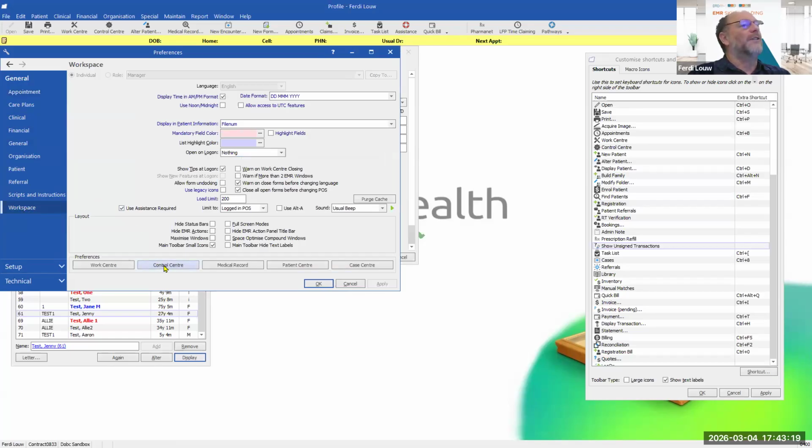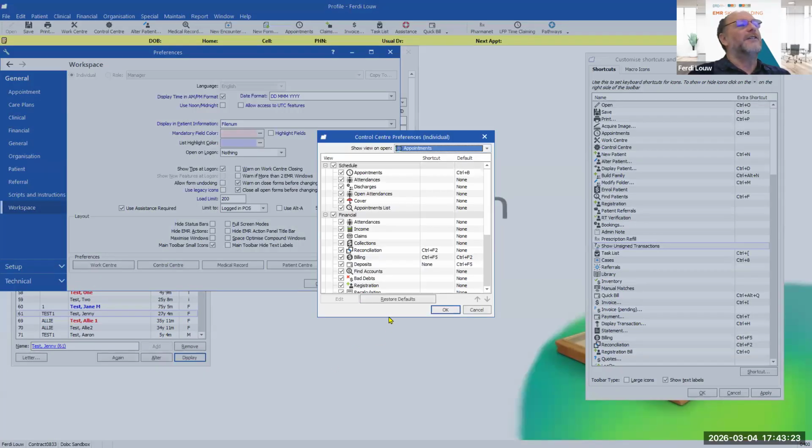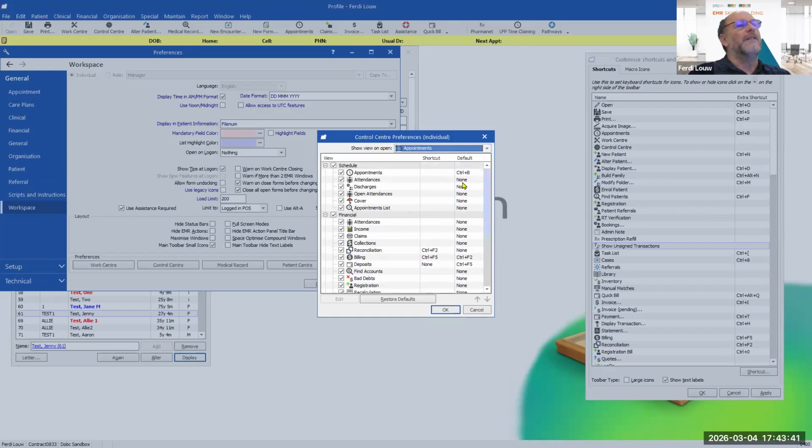So if you open Control Center, here you've got a list of shortcuts that you can use in your Control Center. So this list is different from the list that we've had here on the right-hand side, the big list that works all over. So this will work in the different parts of your Control Center. And then again, they've got a lot of default shortcuts, and you can go and change that.